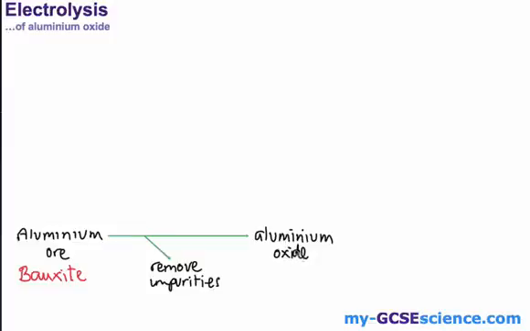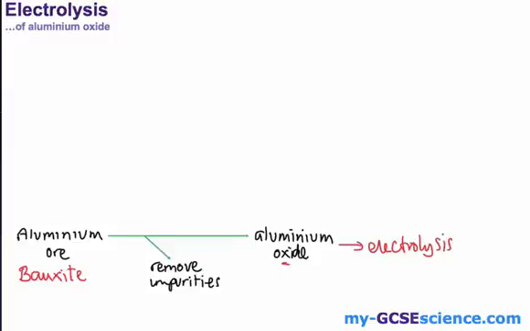Now when we're dealing with other metals, for example iron oxide, we can actually react those with carbon, and the carbon will remove the oxygen from the metal. With aluminium oxide, the aluminium is more reactive than the carbon, so it will hold on tightly to that oxide. So we can't use the process of heating with carbon. What we have to do is carry out a process called electrolysis,